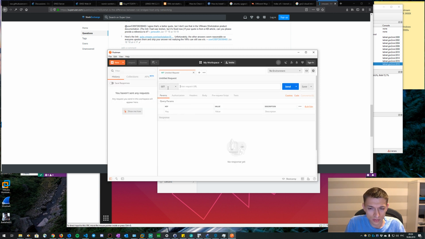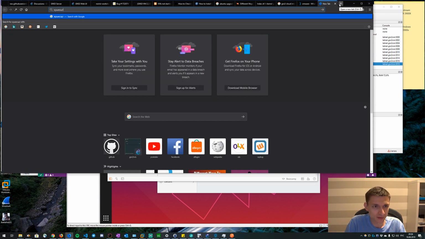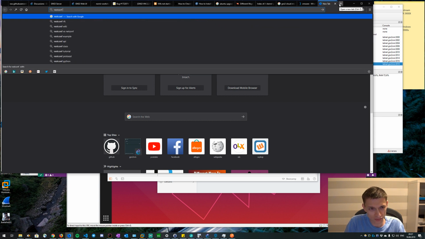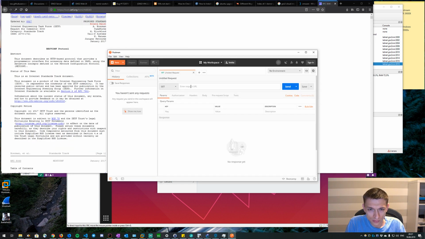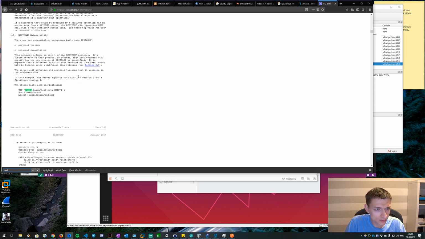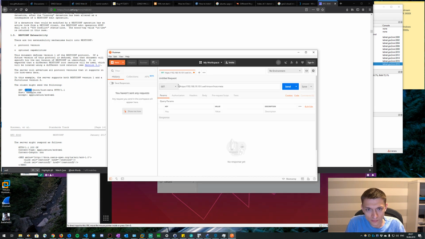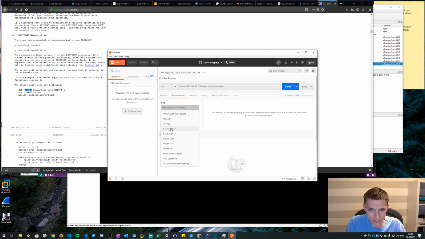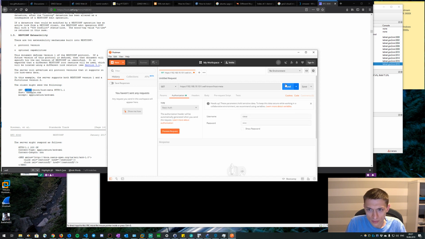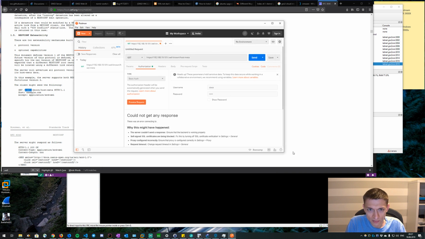So let me try to remember how to do RESTCONF. I mean, I could look up my notes, but there are some notes that unfortunately I can't show to you. So let's just do it via RFC, okay? So we need HTTPS 192.168.19.101. And then first is going to be what? Well-known host-meta. So this will verify that RESTCONF is working. Is it basic authentication or no? Yeah, it's basic authentication. So if I do this, I should receive a response. I didn't get one, so it means that